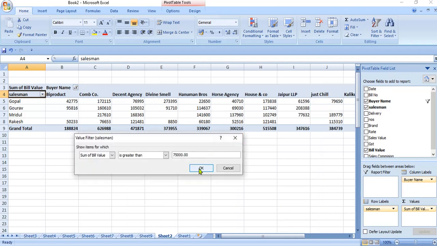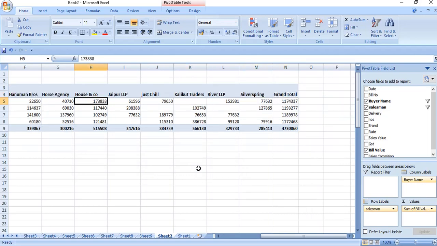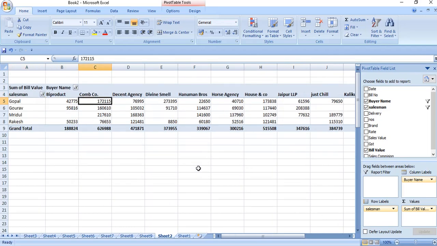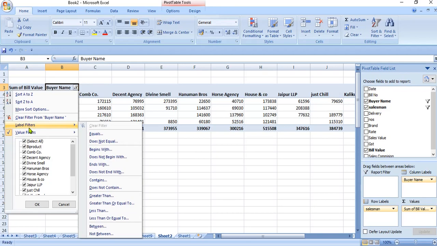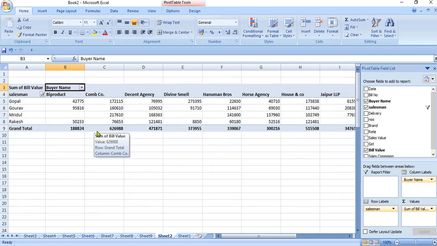Clicked over OK. Summation values which are greater than 75,000. So by applying clear filter, we can remove this filter. In similar manner, remove all the filters.